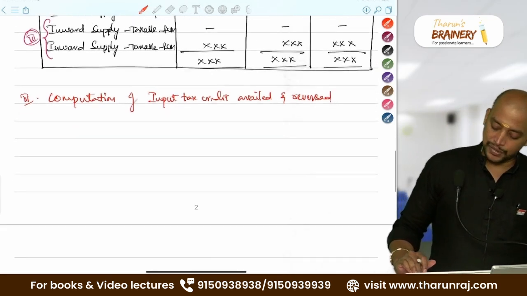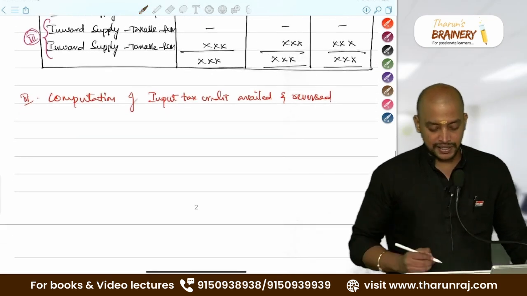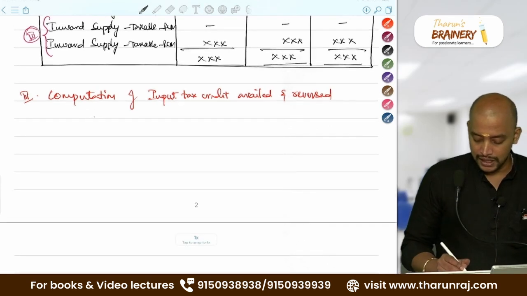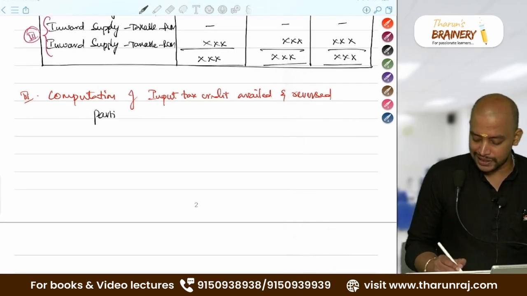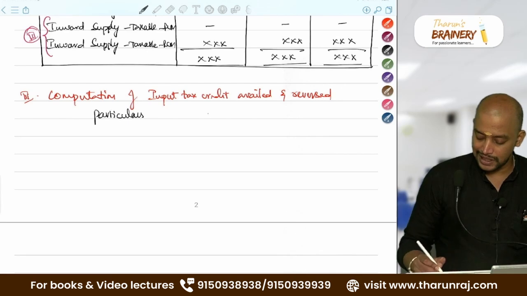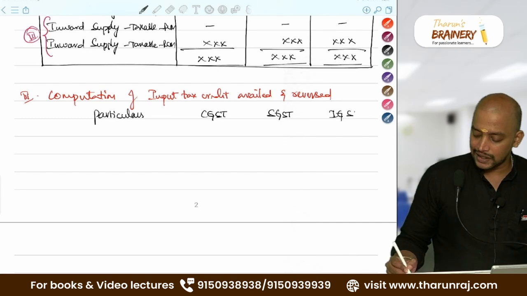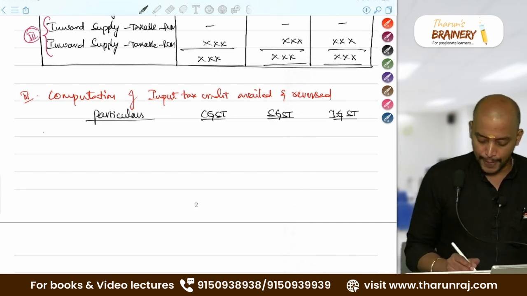So in a single statement you need to do that, availed and reversed. Here also same, particulars, CGST, SGST, IGST. So whatever inward supply that is taxable under FCM,